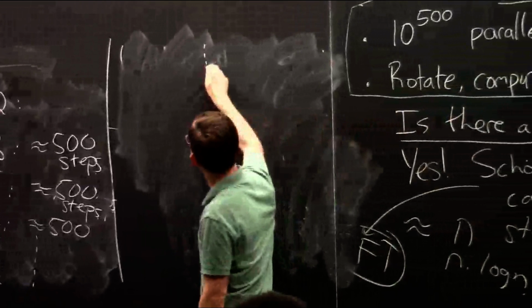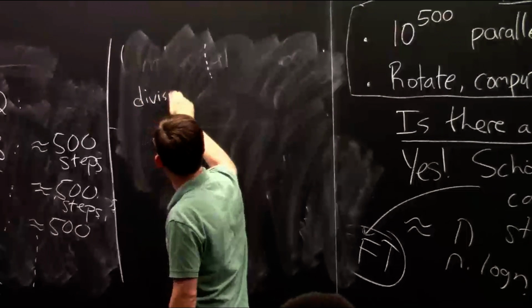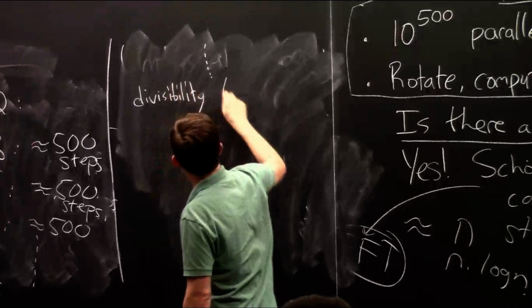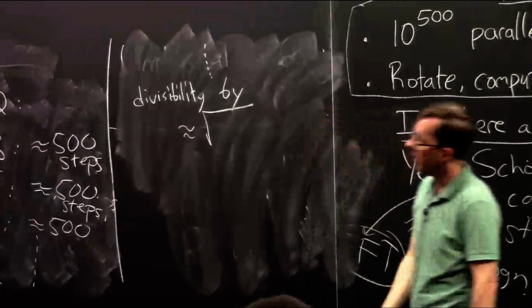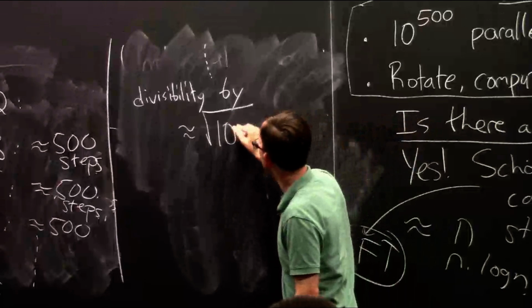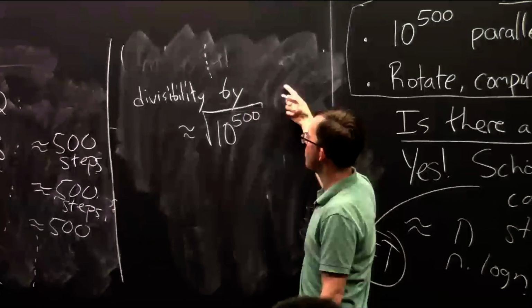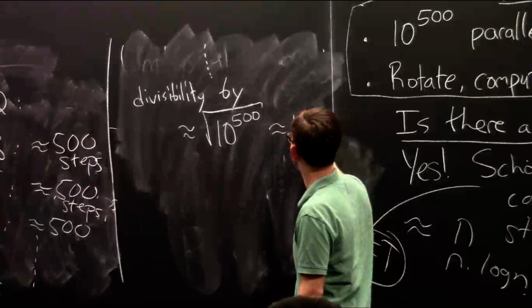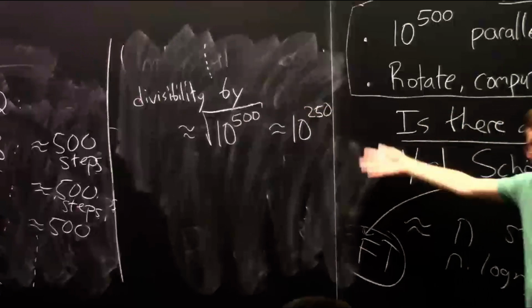Yeah, you don't have to go all the way up to the number itself, right? You can go up until, check divisibility by a number which is around the square root of your target number. Okay, so your target number is 500 digits long, so it's somewhere in the neighborhood of 10 to the 500. So that's 10 to the 500 to the power of a half, so that's 10 to the 250 or so. So you might need about this many trial divisors.